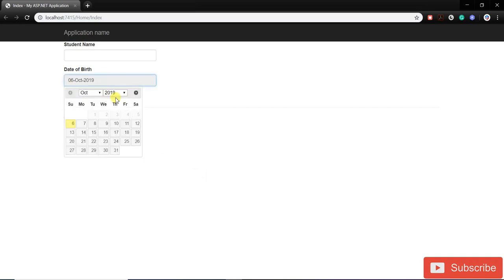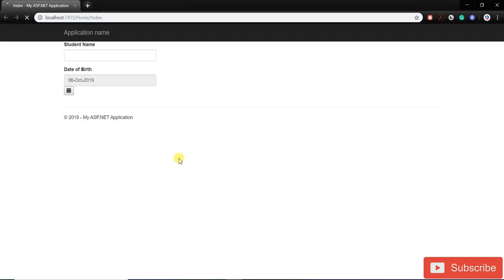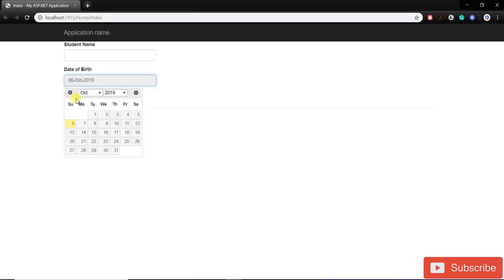But I use that minimum date, so that's why it's taking from here. If you remove that minimum date, you can just comment out that min date, and if you do plus 60 and minus 60 and reload, then before and after it should come plus 60 and minus 60. You can see this one is minus 60, and this one is plus 60. Okay,